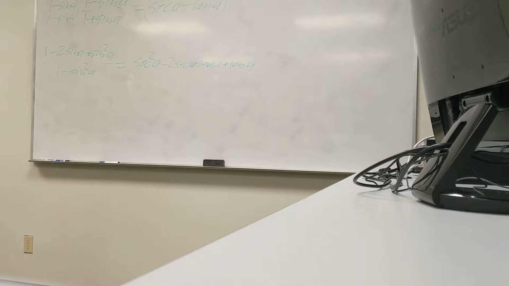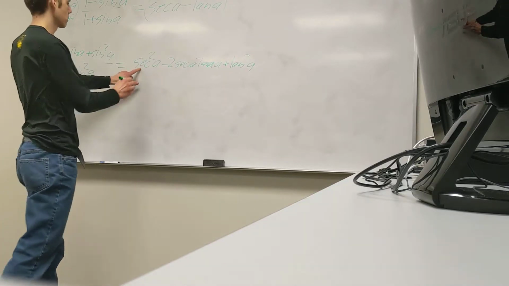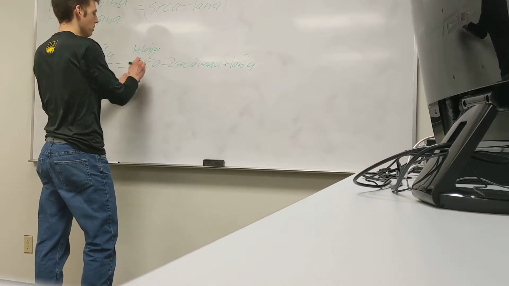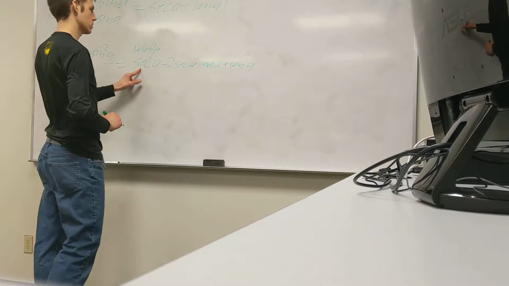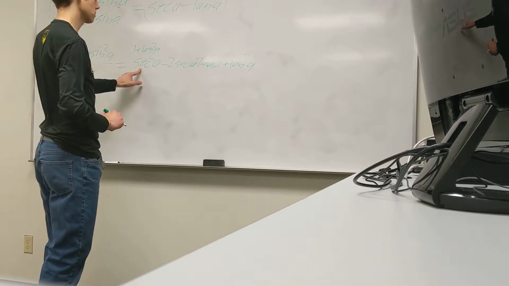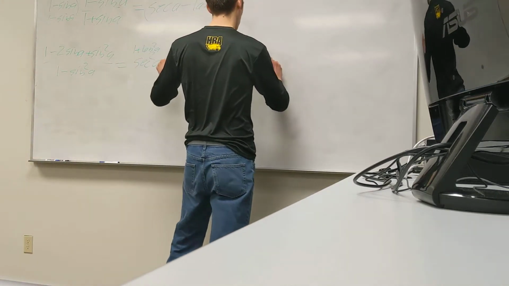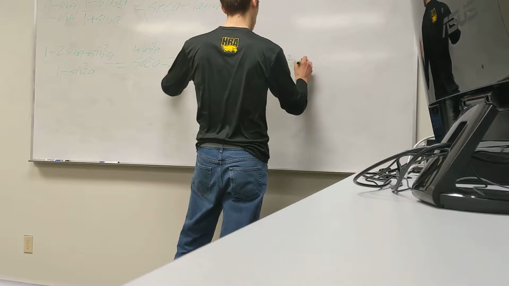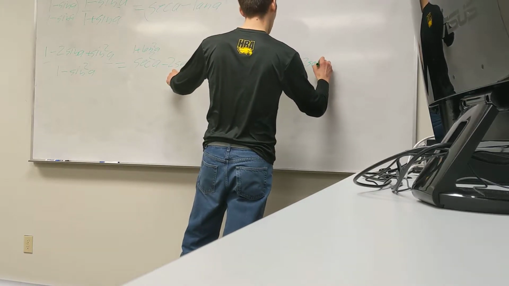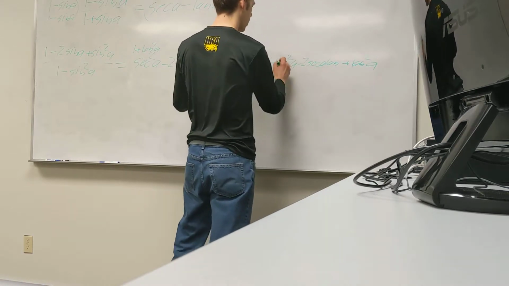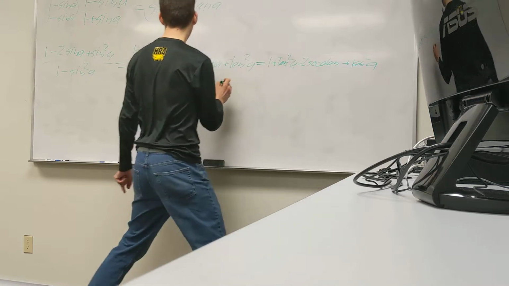Now I did that because one of my formulas says 1 plus tangent squared is secant squared. So secant squared, this is actually what? 1 plus tangent squared A, right? So could I do that? Does that make sense? So then on the right side, this is going to be equal to 1 plus tangent squared A minus 2 secant A tangent A plus tangent squared A. Okay, so I can add the tangents together, and I'm going to be left with